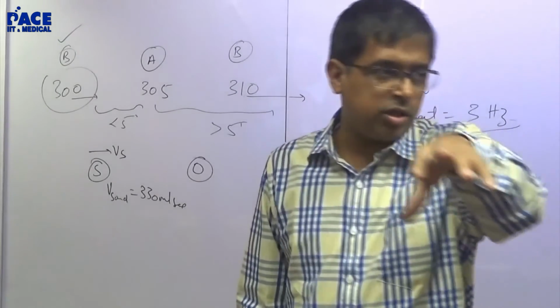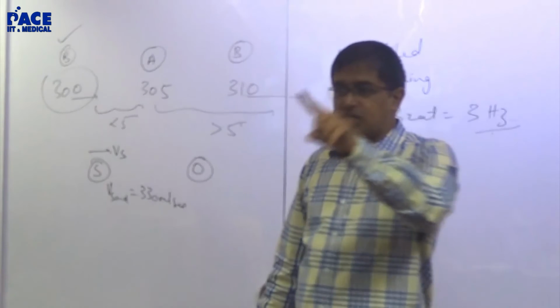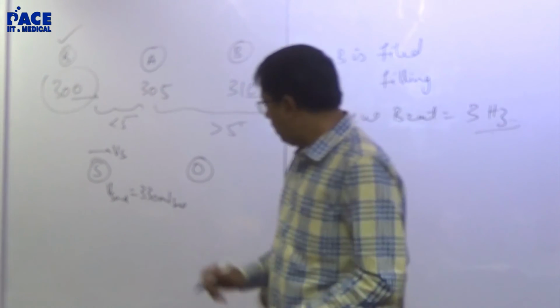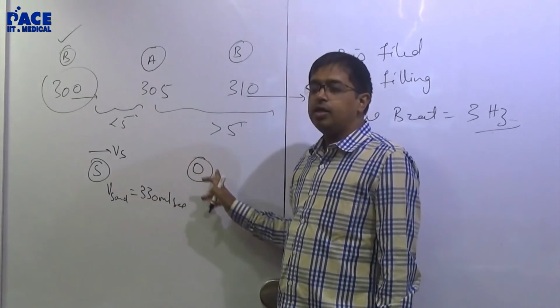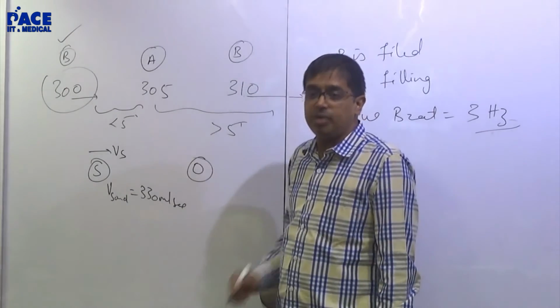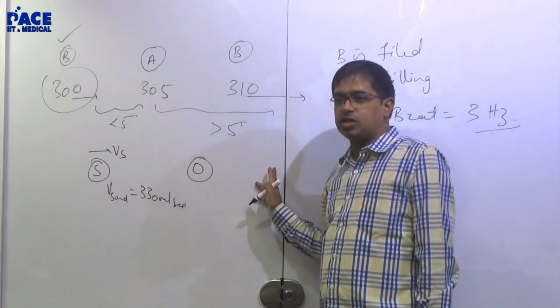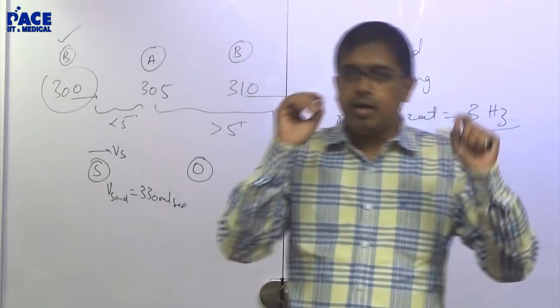It will be dependent only on the medium. But the velocity of sound as measured by the observer will be dependent on his velocity. If the observer is travelling with 10 meters per second in this direction, he will report a velocity of 340 meters per second. If the observer is moving in this direction with 10 meters per second, he will report 320 meters per second. Write down, note,